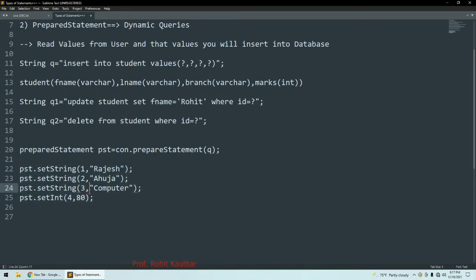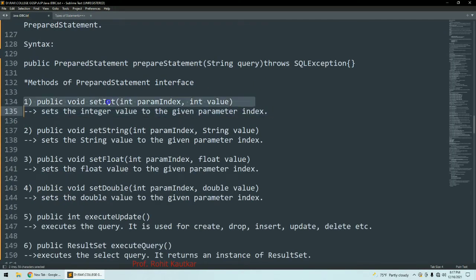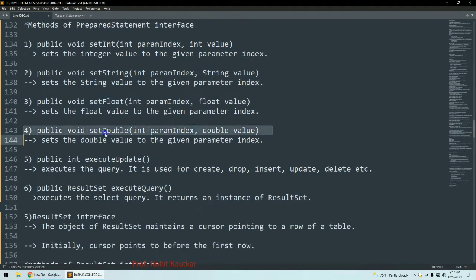So in order to use this, you must know the structure of your table. You must know the data type of each column. Then and then only you can decide which function should be used. So what functions we have here? setInt for setting integer value, setString for setting string value, setFloat for setting float value, setDouble.